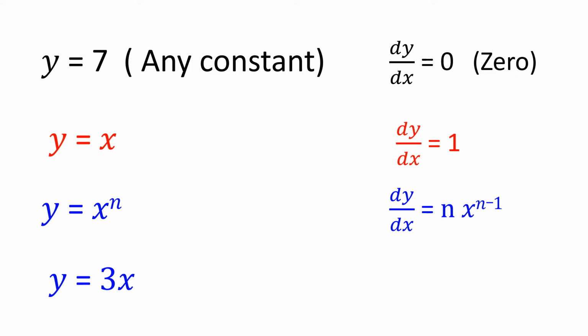When y is equal to 3x, a number with a variable, then this number will not be 0, just like example number 1. Here you will write only the number, that is 3 in this example. अगर किसी वेरिएबल में 3x दिया जाए या कोई भी नंबर वेरिएबल के साथ दिया जाए तो उसमें सिर्फ नंबर आ जाता है और वो नंबर 0 नहीं होता, एग्जाम्पल नंबर 1 की तरह.